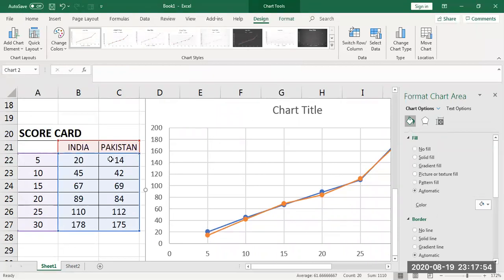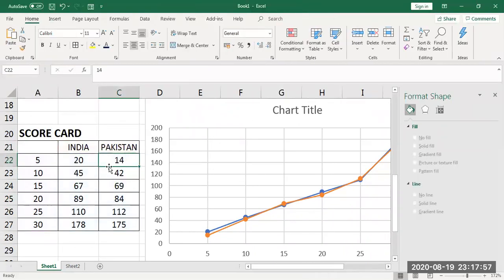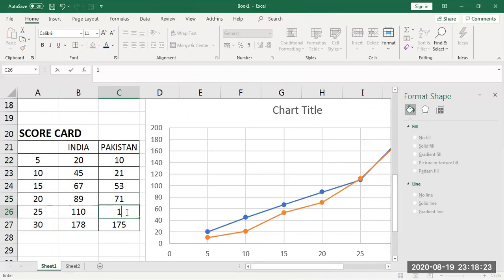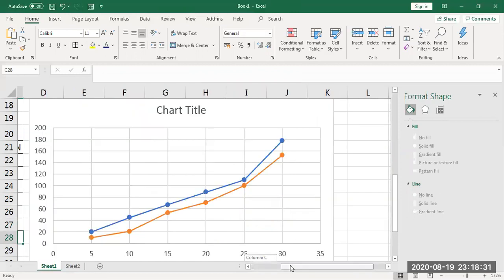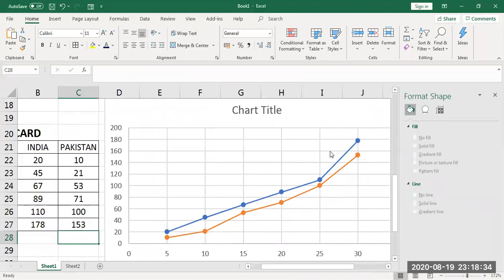See, the difference is very small, so you can't see the values. If I change it, one more speciality is that if you select the data and make the chart, later if you make any changes, the chart and values will also change accordingly. I think now you can observe the values very clearly because I'm reducing the values. See how now you can easily understand how the graph goes.